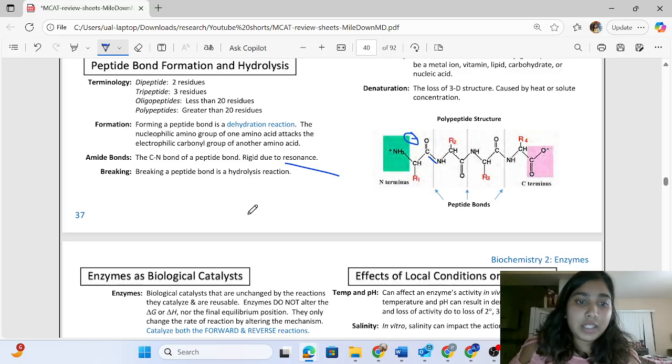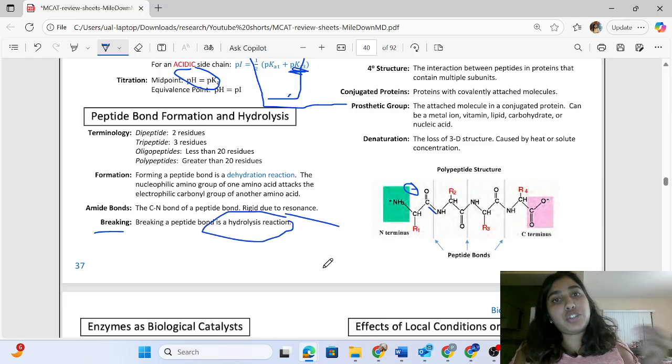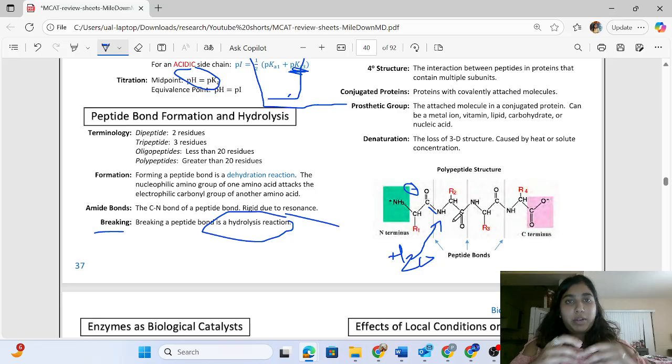Okay, and now we know how to form it. To break it, we'll use a hydrolysis reaction, which uses H2O. As we removed H2O to make the bond, we will just add H2O to it, and then similarly the amino acid sequence will break into specific amino acids. Okay,